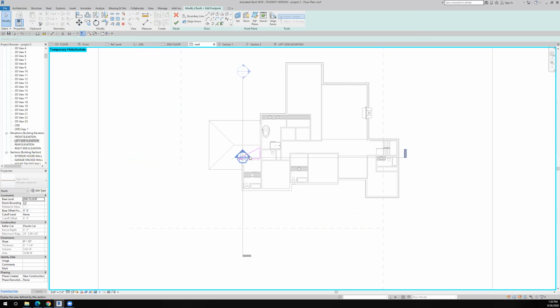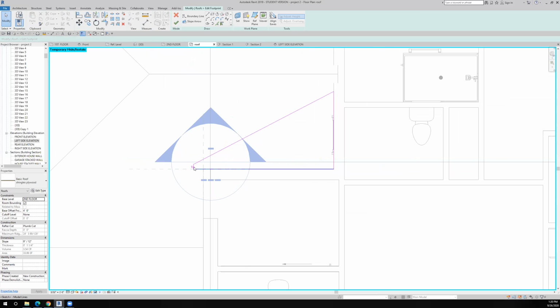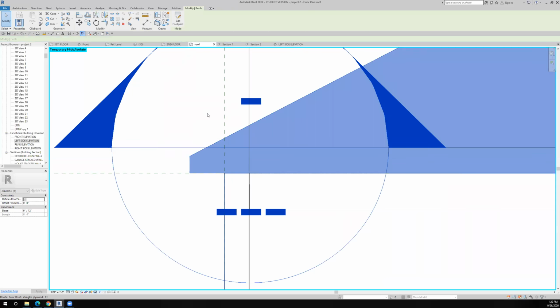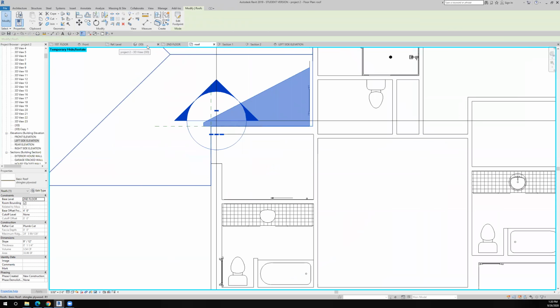I guess I didn't click it. And I just want to change the pitch of this. I don't want it to be that steep. I'll change it to a 4/12 pitch and say okay to that. Now looking at it in 3D,